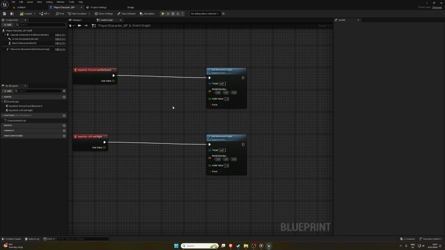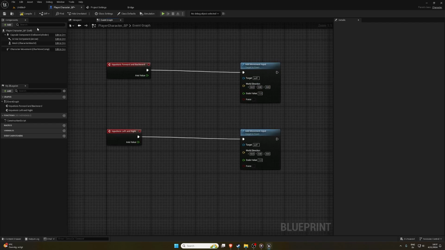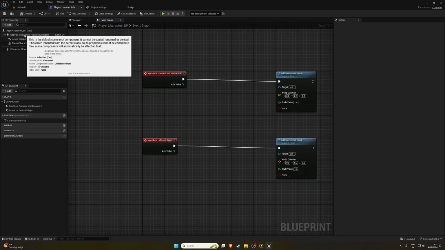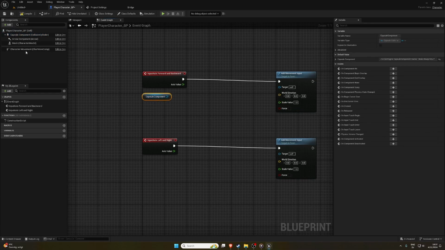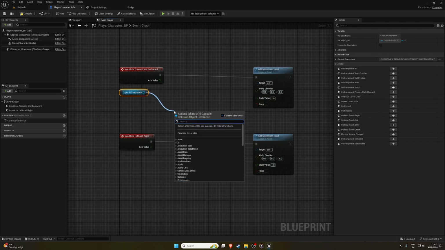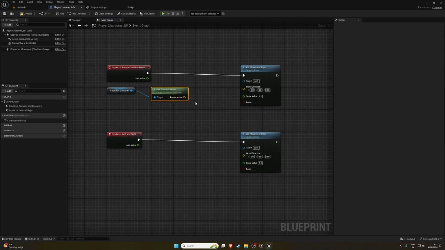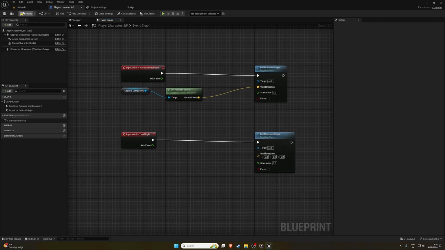But now, when we add movement, we're just gonna go to this axis. But that's not relative to the character position. So we're going to get the base mesh component and get the forward vector. This is the forward vector. So this goes into world direction. And now when we test,